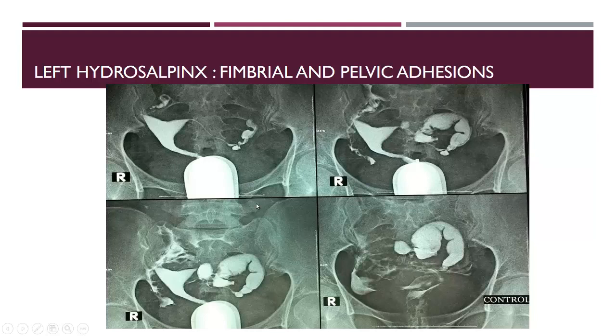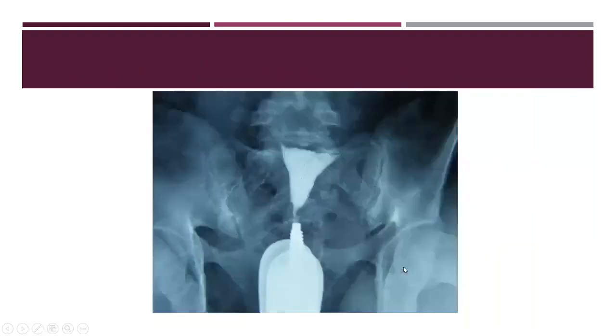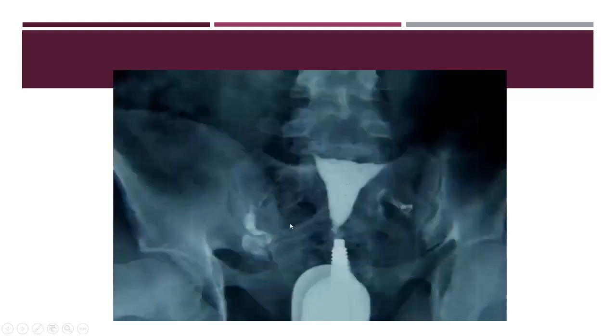This one I showed you before. These are the fallopian tubes, but they start to dilate until reaching that side. Here, the fallopian tube is seen, but it is spastic. It's very narrow, and the other tube is not seen. Again, wait and see. On repeated examination, you see that the fallopian tube starts to fill, and the other tube